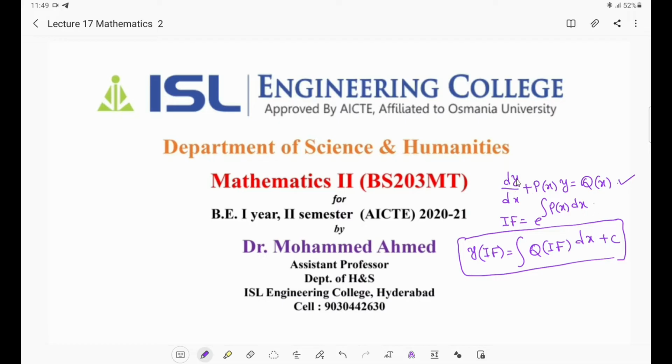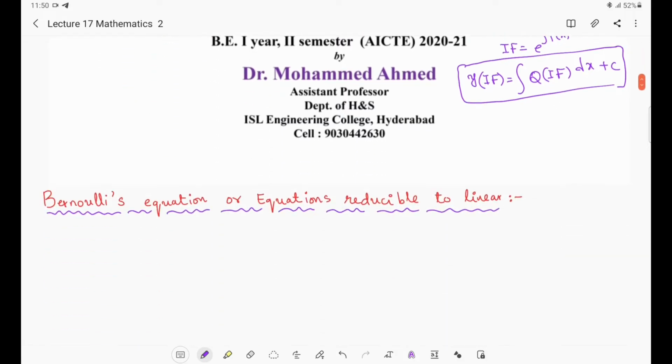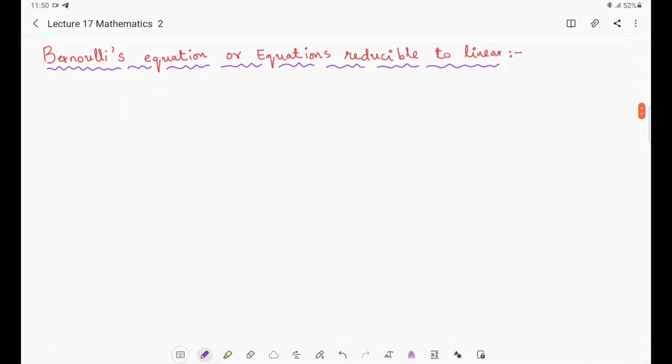We have also discussed that if, instead of y as the dependent variable, x becomes the dependent variable and y becomes the independent variable, then what the integrating factor and the general solution will be. That was also discussed in the last class. Now in today's class we are going to discuss a nonlinear differential equation called Bernoulli's equation, right? We are not going to discuss all the classes of nonlinear differential equations of first order, only a specific equation which has a form